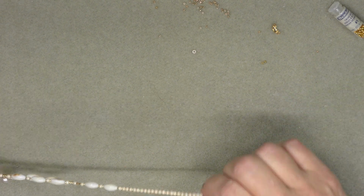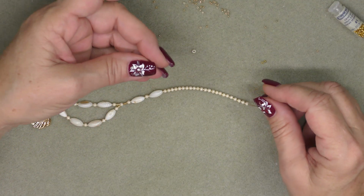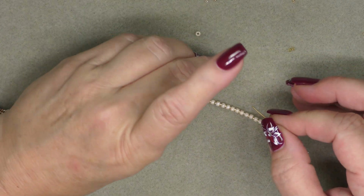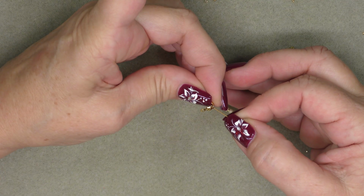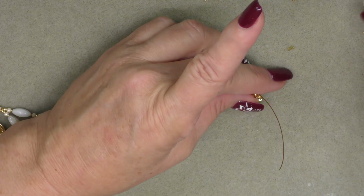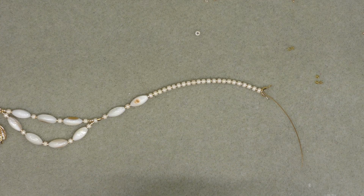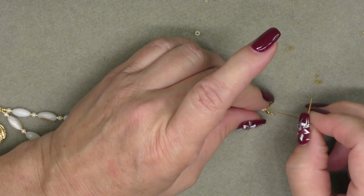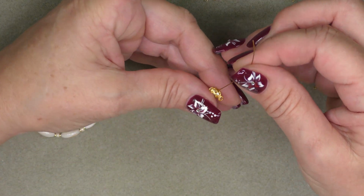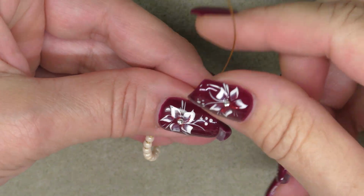So I have put on my 23 8/0s, and then I'm going to grab a clamshell, and from the bottom of the clamshell, I'm going to slide my wire in, and I have decided to use a size 1 crimp tube in this. You can use a size 2 and squeeze it too, but I'm going to use a size 1 round because they fit inside clamshells a little bit better. So I'm going to grab one of these little size 1 crimp tubes, and this is a Beadalon, and it's actually a crimp bead because it's round, and I am going to drop it down inside the clamshell like this,